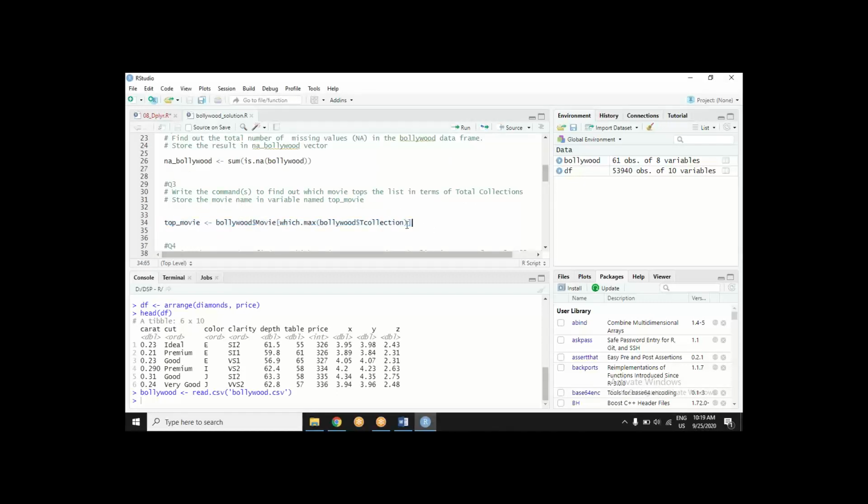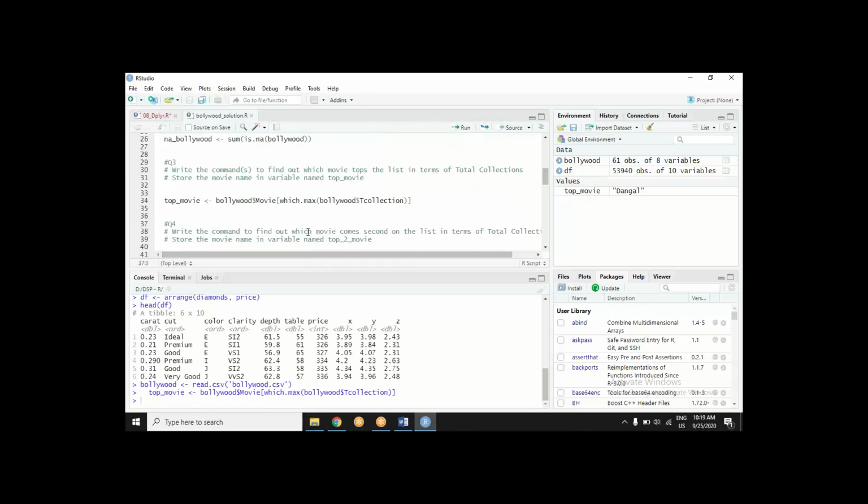Top movie, which max function, I know that. So no problem. What happened when it came to the second highest movie? Remember what happened? Everybody was doing all kinds of circus. Somebody did order, somebody did gsub, somebody did something else, and finally you could do it. Everybody did it this way or that.